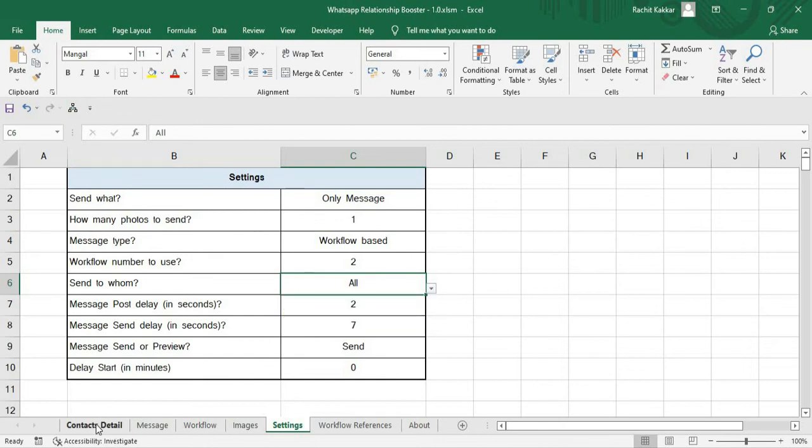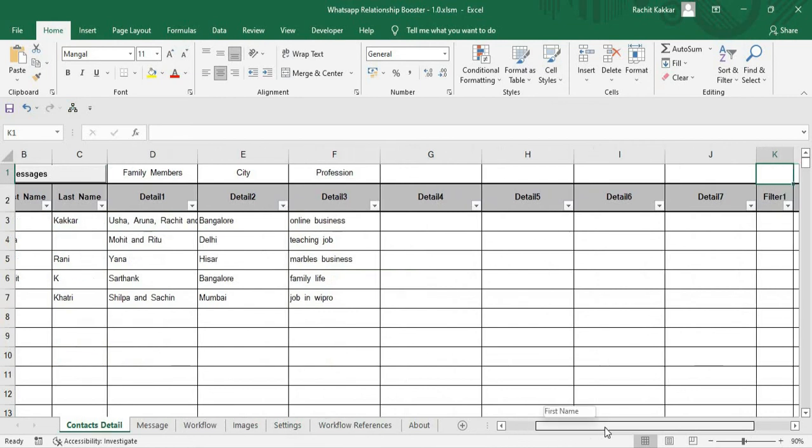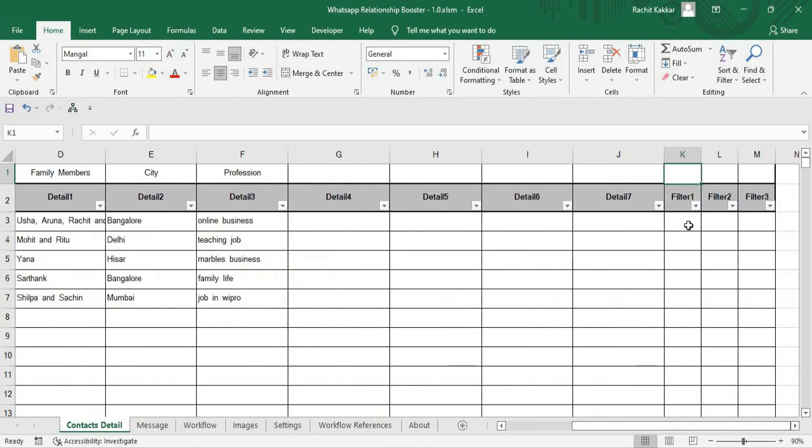Let's go to Contact Details Sheet. You can see there are 3 filters here. In these filters, you can choose either yes or no for each contact. When you decide to send your messages based on a particular filter, then for all the contacts in that filter, wherever you select yes, message will be sent only to those contacts. Let's take an